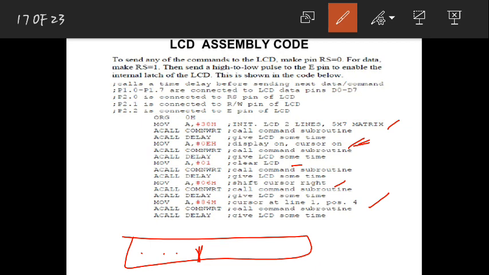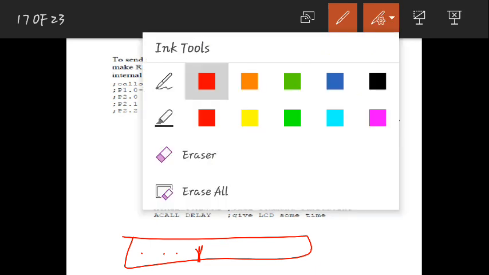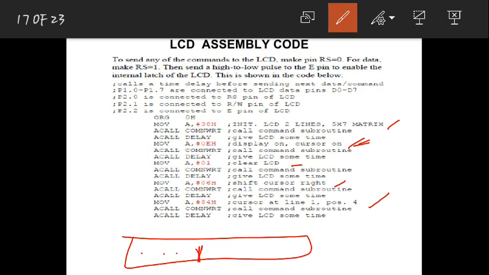Now, I said delay. You should also give delay between each thing, because for commands delay is not that required, because we need not look into that. But when you write data instead of these commands, that means NO, if you are writing N here, after writing N you should give some command. Only if you give a command will the cursor move from here to here. The move cursor right command should be given. After that you should write the O here. Is that fine?